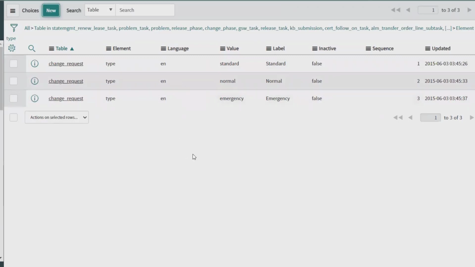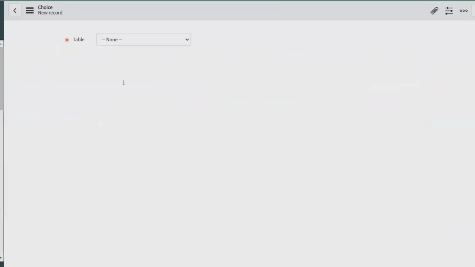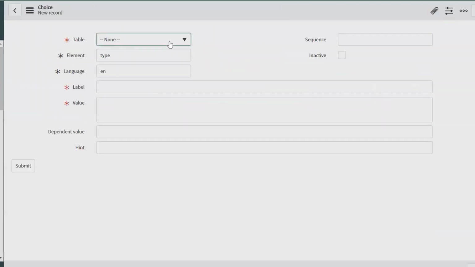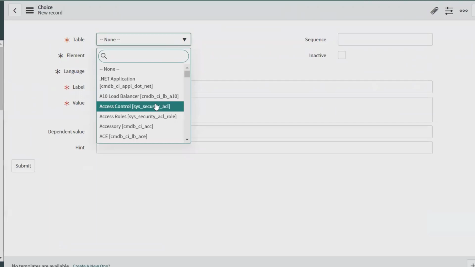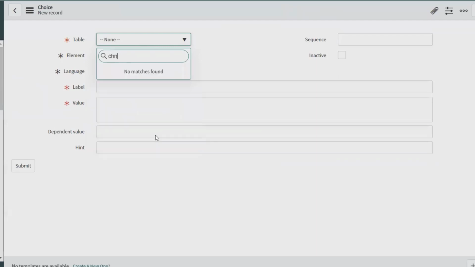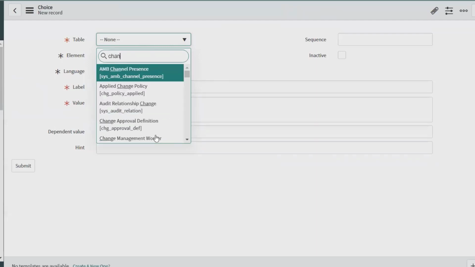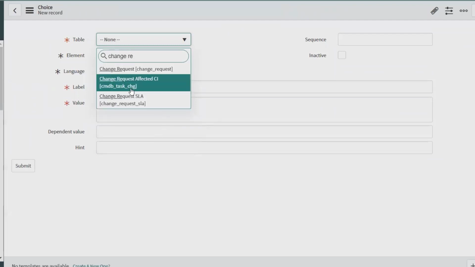Once we click on new, it will open a new form where you have to define the table. Select the table where you want to add it. Make sure to add the table name which has the proper detail, like the table name is only change request. So here simply click on change and click on request.